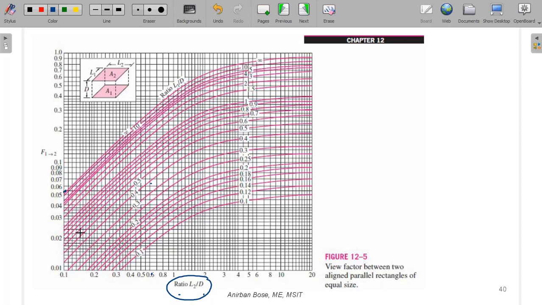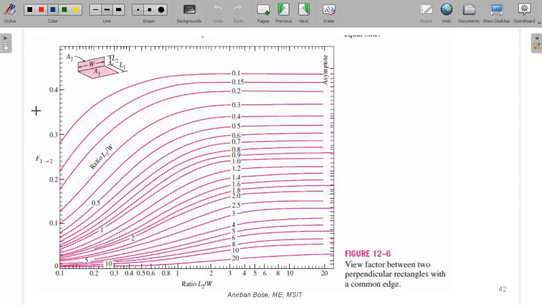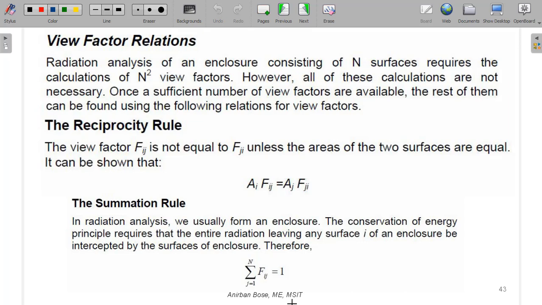Okay, so this is the way you can make use of the chart to find the view factors for certain kinds of orientation, that you can see for two parallel plates here. Similarly for parallel discs, this is the algebraic formula. Two plates, as you can see, making an angle between them. It is a 90-degree angle, a perpendicular rectangle. So in that case, this is the formula. Each of them has its separate chart. As you can see, this is the chart corresponding to that. Similarly for the disc, there are charts available in the handbook. So you can make use of this chart to find the simple